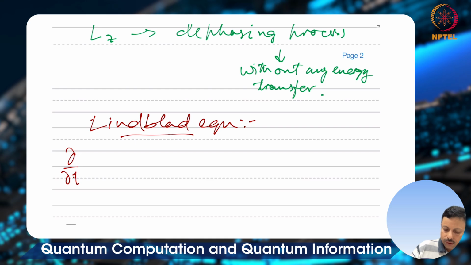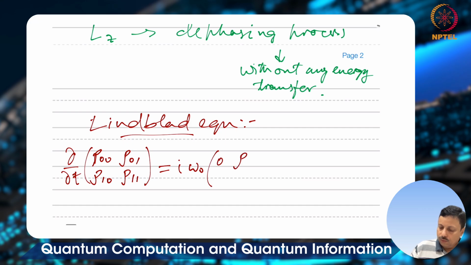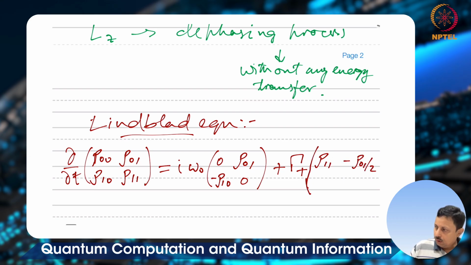Now rho is the matrix rho 0 0, rho 0 1, rho 1 0, rho 1 1, and del rho del t is equal to i omega naught times 0 rho 0 1 minus rho 1 0 0, plus gamma plus times rho 1 1 minus rho 0 1 by 2 minus rho 1 0 by 2, and this is minus rho 1 1,